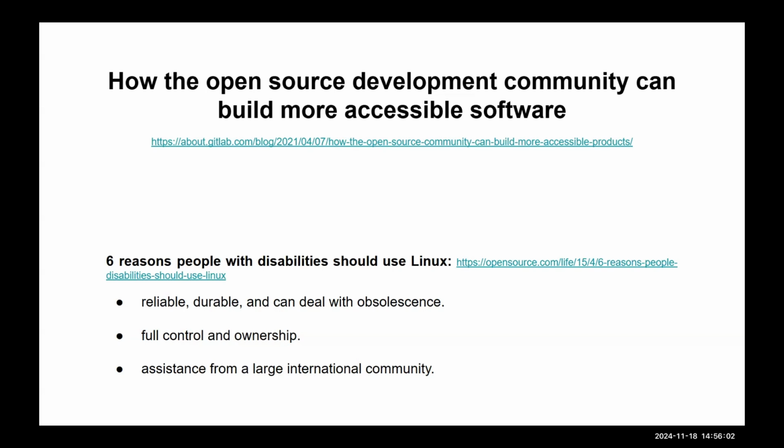A lot of things like retinal and cochlear implants need to be something that isn't an infection risk to the wearer. It isn't going to break easily, because it's hard to replace. So it has to be durable and be able to deal with obsolescence. We don't want to deal with obsolescence. A lot of times if you have a disability, you're on a limited income, and in any case, these technologies are so expensive, it's hard to replace. So we don't want them to go obsolete. We want them to have, ideally, no end of life.